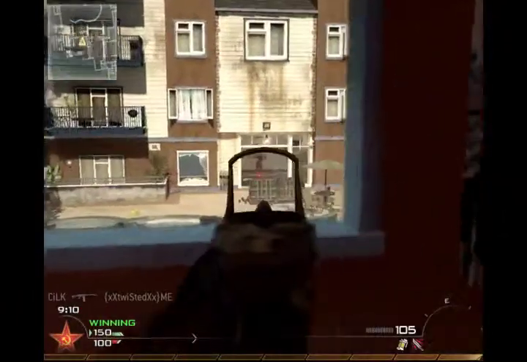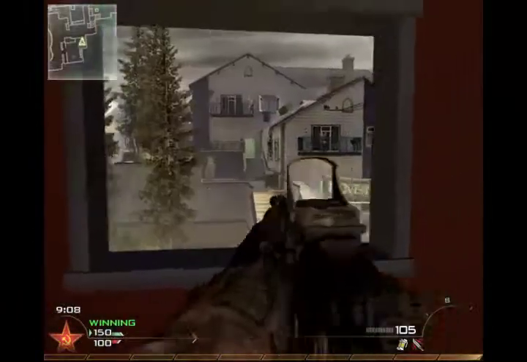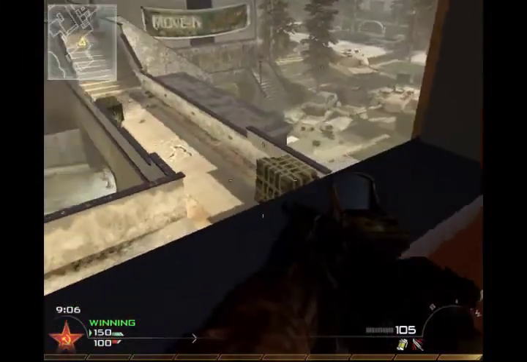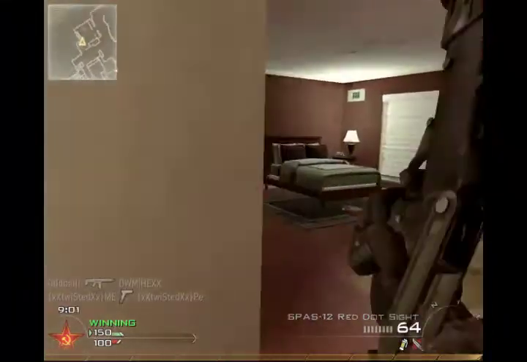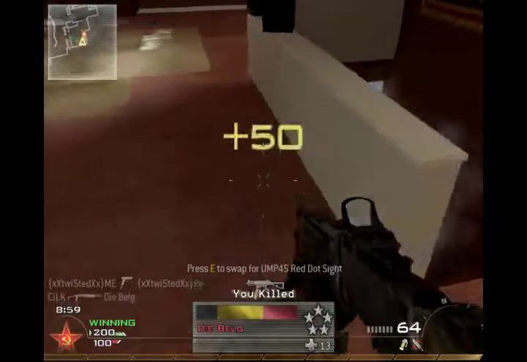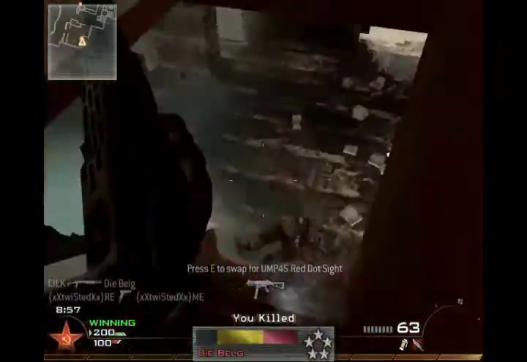I don't think I'm using anything on it. If anything, I'm either using a red dot because that's the only thing I had, but I'm pretty sure there was nothing at this point. And my special equipment is a flashbang. So in this game, I get a kill with everything except a throwing knife, I believe, and that's just because